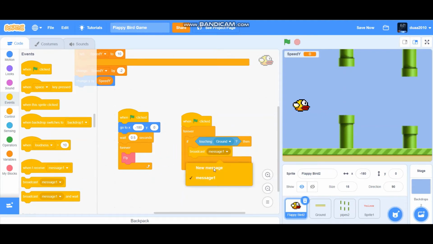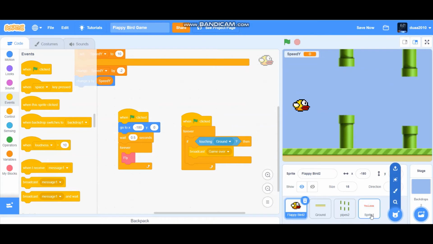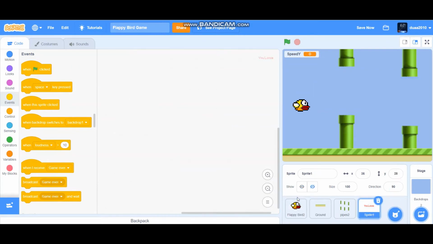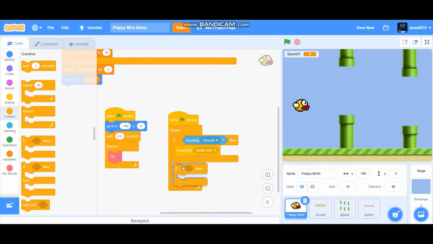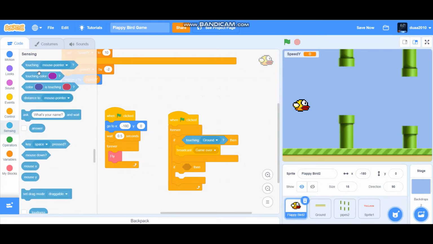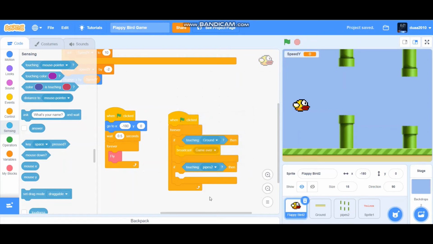So create a new message called game over, and we'll want the you lose sprite to receive that. So if touching ground, then broadcast game over. Then again put another if-then statement. So if touching pipes, because if it touches the ground or if it's touching the pipe, then we want to stop the game. So if touching pipe,